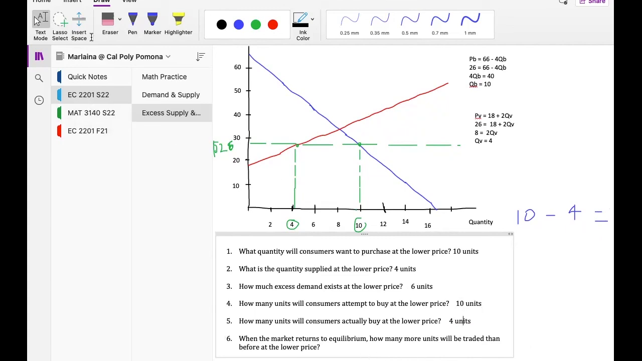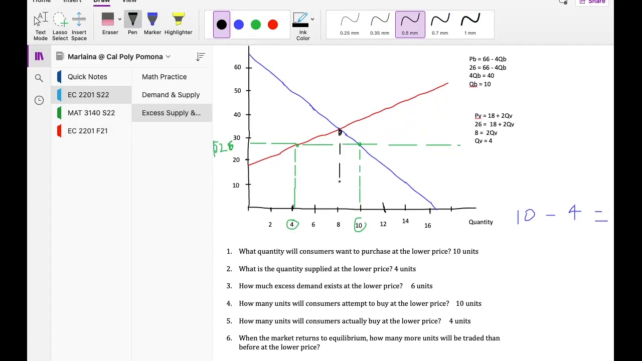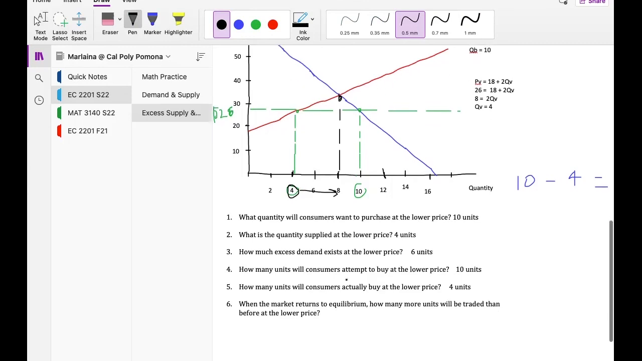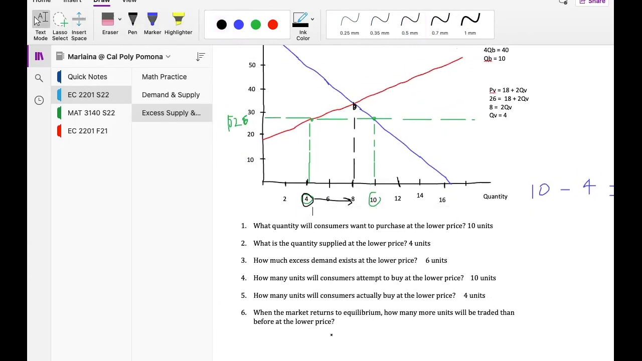And then when the market returns to equilibrium, how many more units will be traded than before the lower price? So at our equilibrium point right here, if we just go down, we see at equilibrium, 8 units, well, this is the same graph as before. So 8 units would be produced in the market and 8 units would also be purchased in the market. Right now, only 4 units are being supplied and produced. So when we go from 4 to 8, the difference is going to be an additional 4 units that will be able to be sold when we move back to equilibrium. So how many more units will be